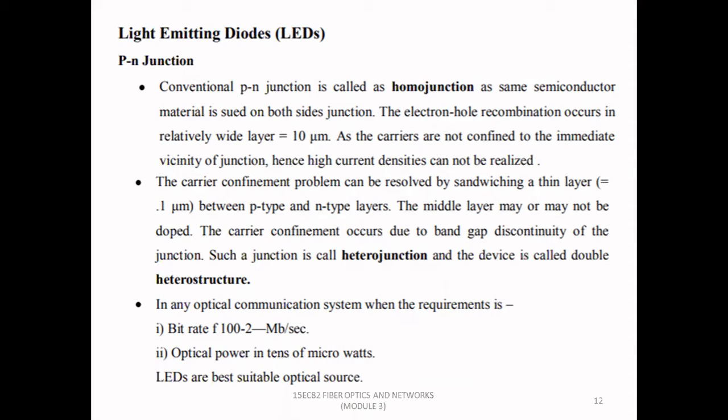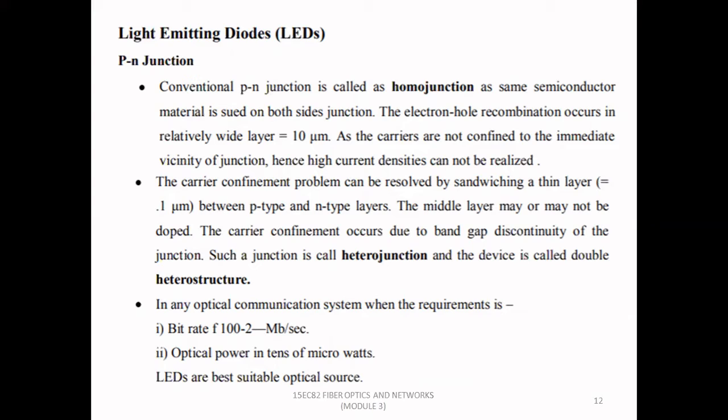In LED, we are giving importance to the conventional PN junction called a homojunction. The electron-hole recombination occurs in a relatively wide layer equal to 10 micrometer in a conventional PN junction. As the carriers are not confined to the immediate vicinity of the junction, high current densities cannot be realized. The carrier confinement problem cannot be resolved in other cases, whereas with respect to the PN junction, it can be resolved